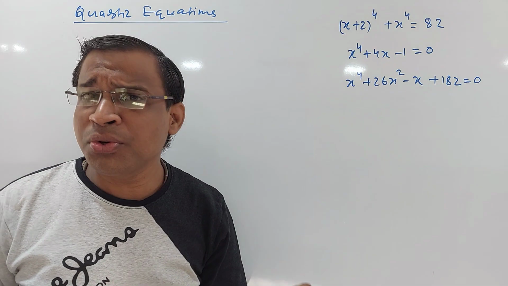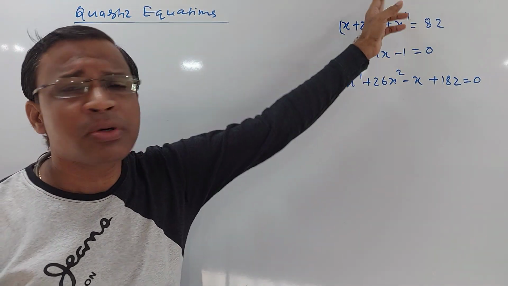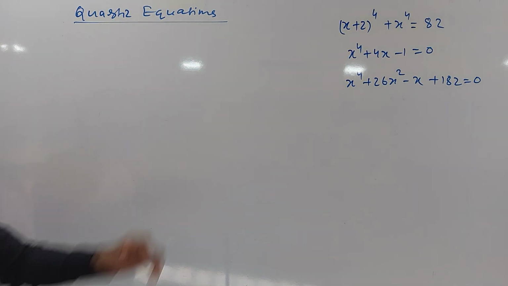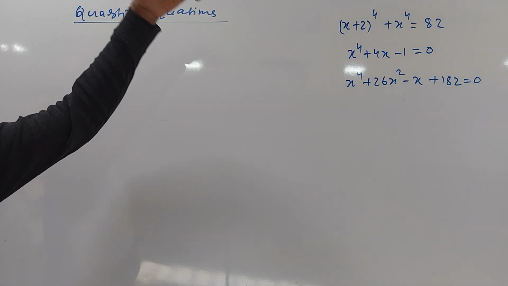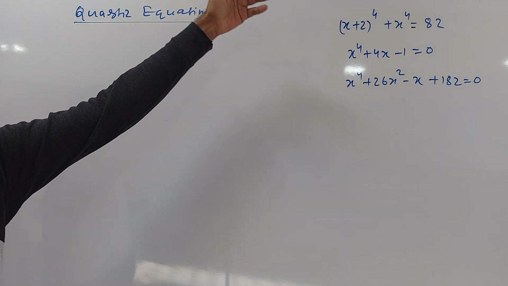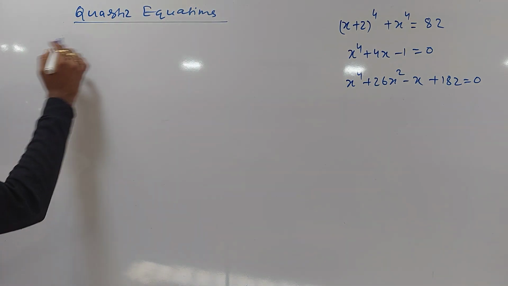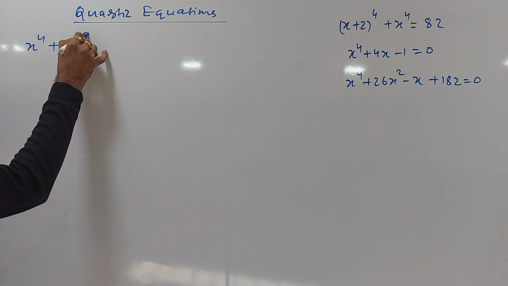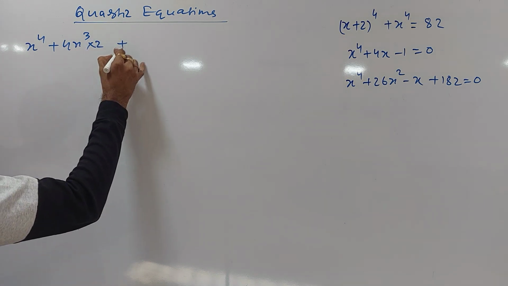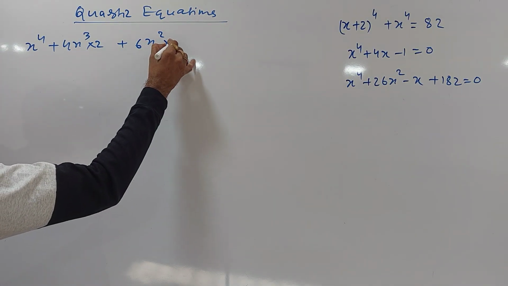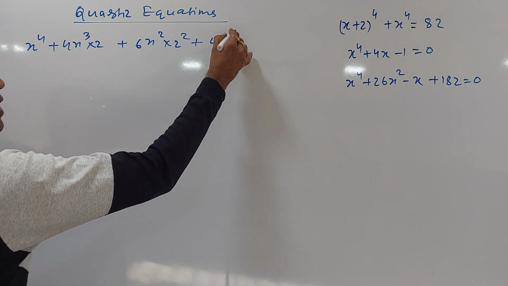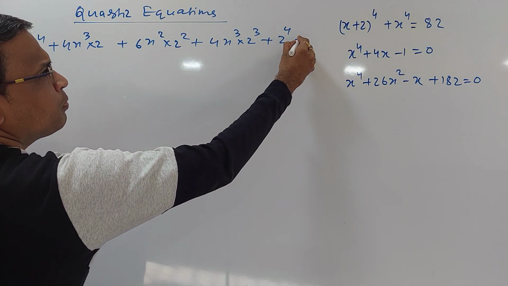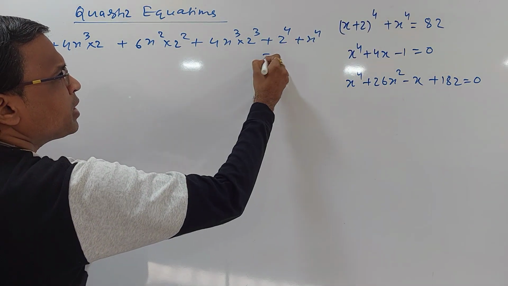One more thing you should know here is the (a plus b) power 4 expansion, that is the binomial expansion, which is a part of 11th standard. So let me start this question with the other approach, expanding and solving it. Suppose I am expanding (x plus 2) power 4. It will be x power 4 plus 4x cube into 2 plus 6x square into 2 square plus 4x into 2 cube plus 2 power 4, plus x power 4 which is given there,